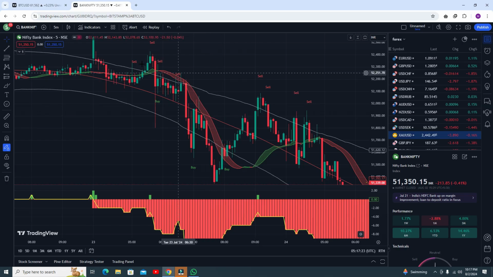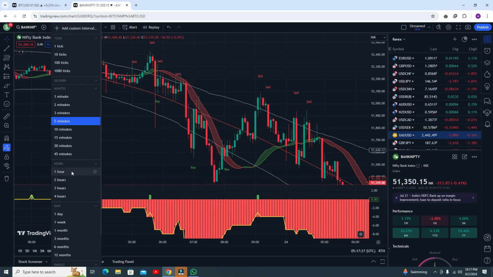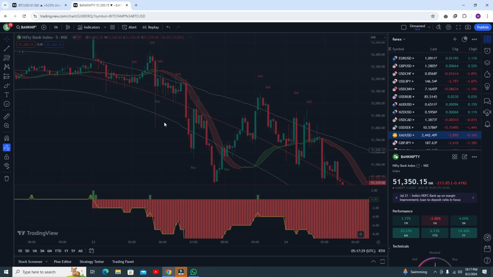You can use this strategy in 5 minutes, 1 minute, 3 minutes, even you can use this in the 1 hour time frame as well. Okay, there is no issue. You can use this strategy in every time frame, in every pair: gold, forex, stock, Indian market, futures market. You can use this in every market. Okay, and this works exactly the same. I think there is some internet issue, but I gave you all the details.